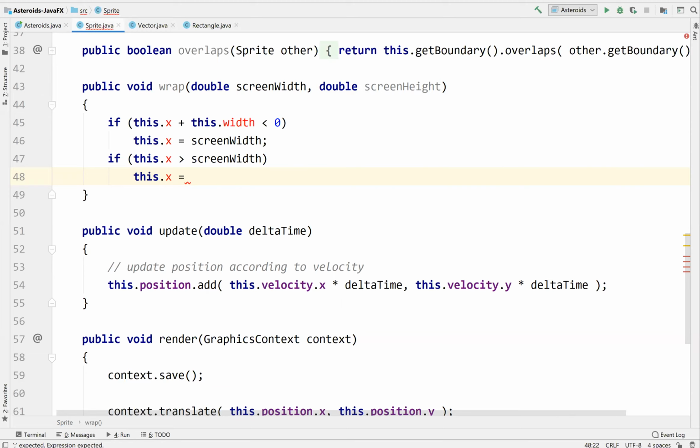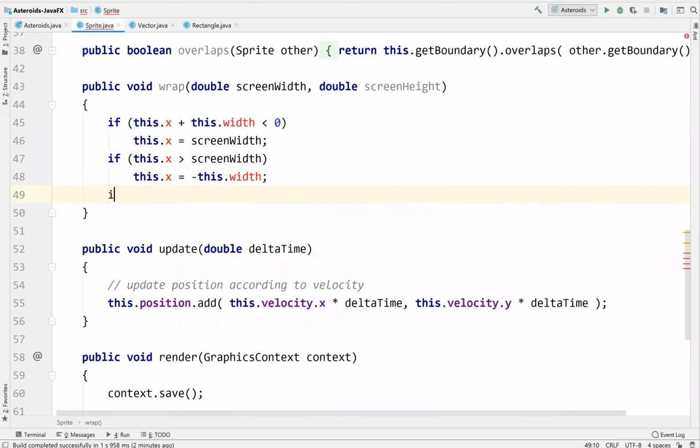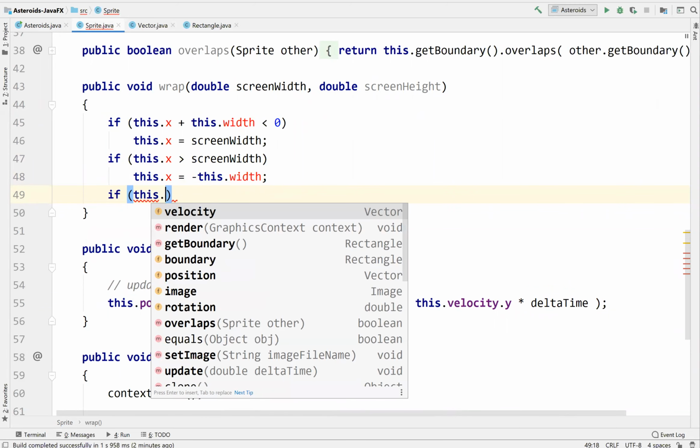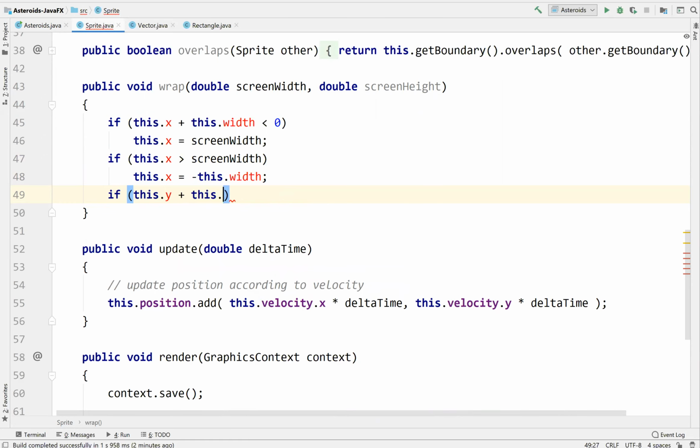We want this dot x to be negative this dot width. And so this places it so it's aligned with the left edge of the screen if it goes off the screen to the right. Similarly, if this dot y plus this dot height is less than 0,